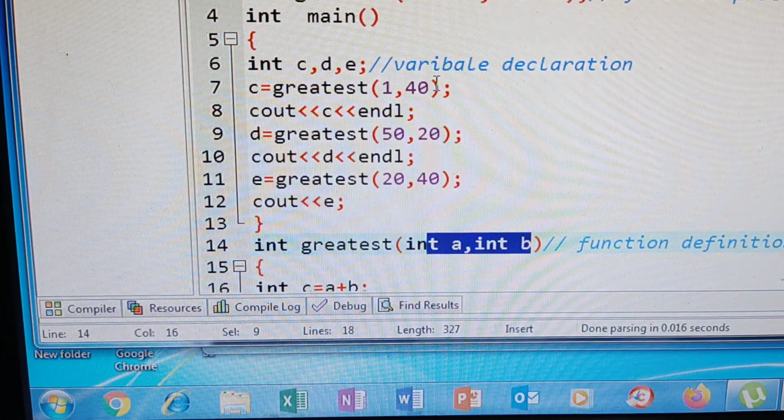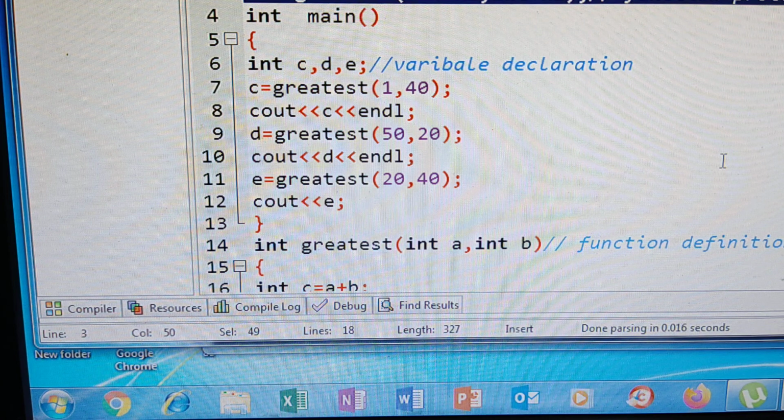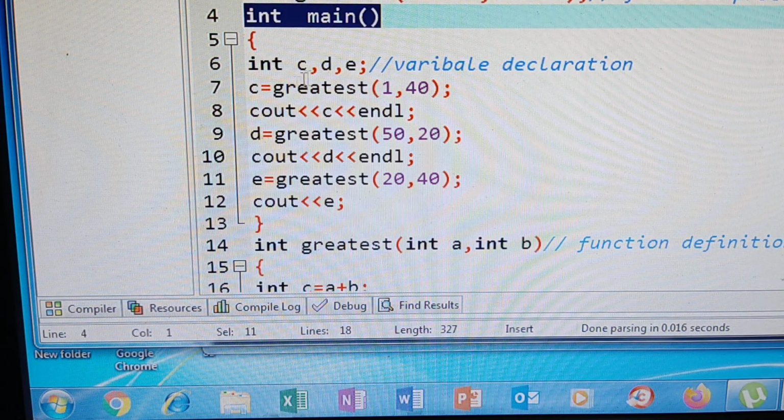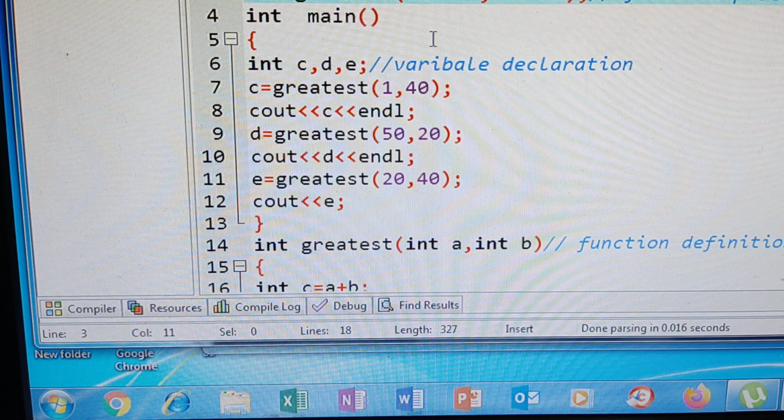So in the theory, I have explained three things. One is the function prototype. It means when you are creating a user-defined function, you should give the name of the user-defined function. It is the first point, and it should be before the main function. Okay, before starting your program execution, whatever user-defined function is there, you should inform the compiler of that function name. So that is why before the main function, you should give the user-defined function name.